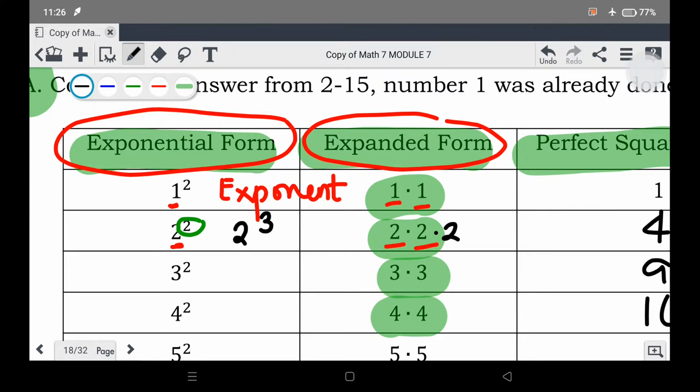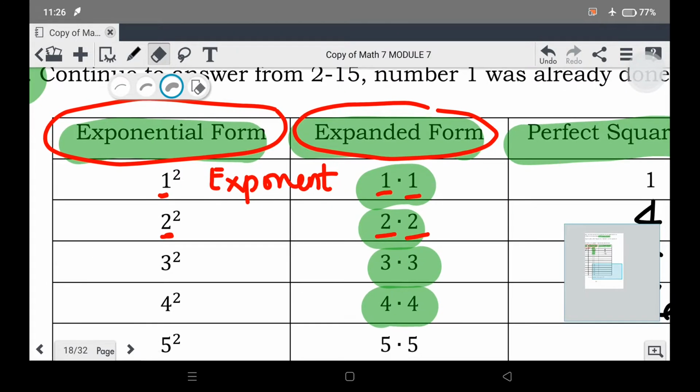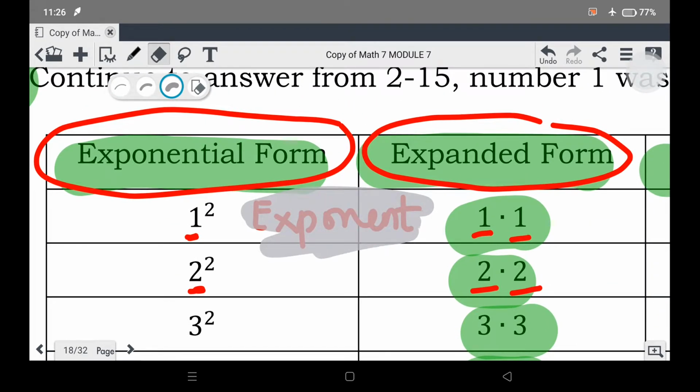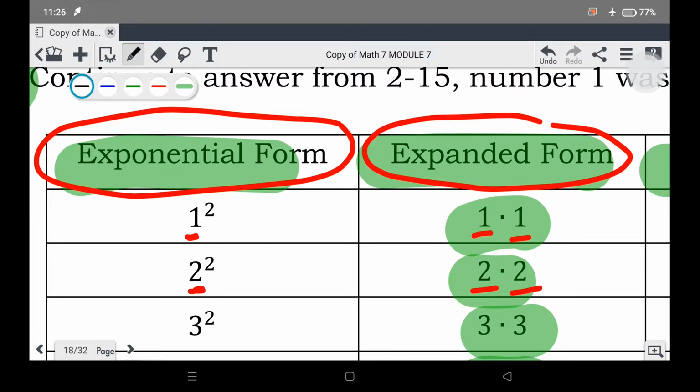But now we're going to focus on an exponent of 2. To read this one with an exponent of 2, that is read as